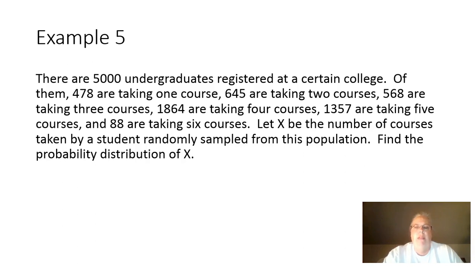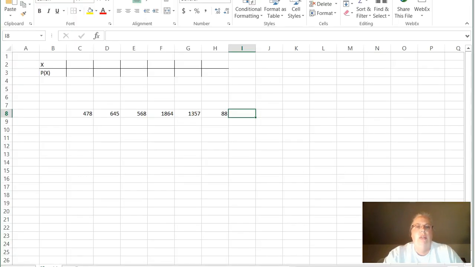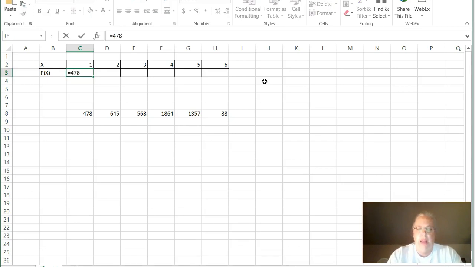To do this problem, I think it might be a little bit easier to make our probability distribution in Excel. And so I'm going to pull up my Excel sheet right here. Alright, x is going to stand for the number of courses that a student has taken. And that's going to be 1, 2, 3, 4, 5, 6. And then down here, this is going to be the probability that a student is taking one course. Well, if there are 478 students who are taking the class out of 5,000 students on campus, that gives us the percentage of